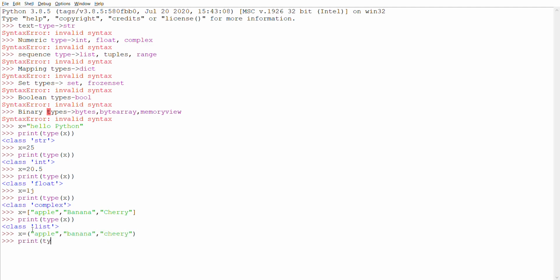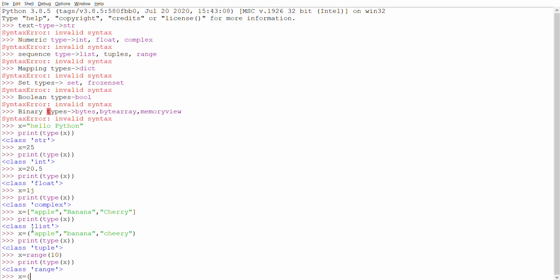Print type of x. Okay, we'll get tuple. Now we'll go with range. x equal to range of 6 to 10, enter, print type of x. Range. Okay, now we'll go with the dictionary.